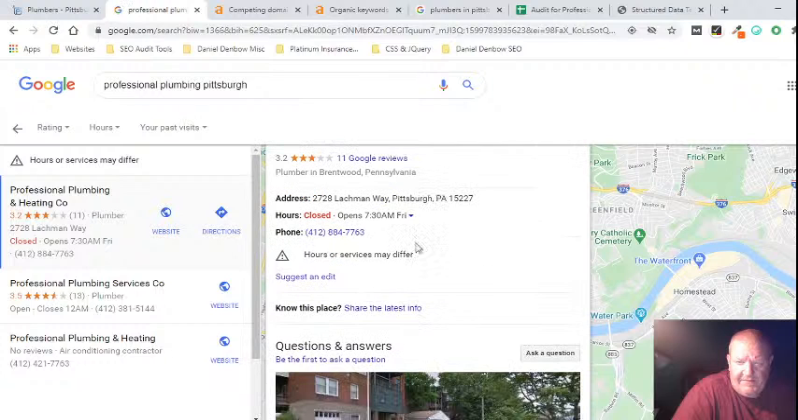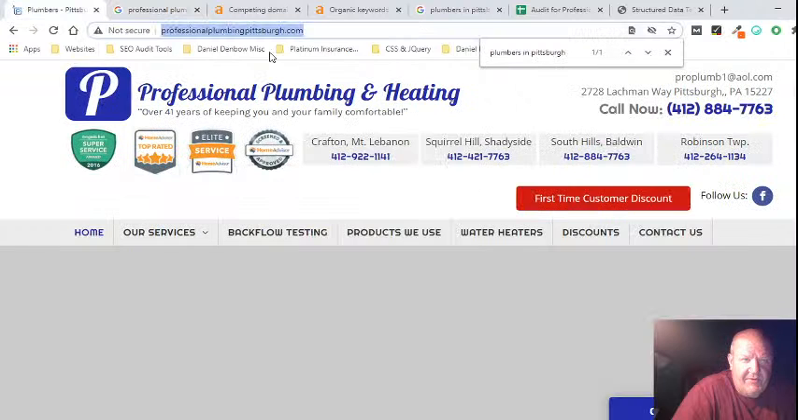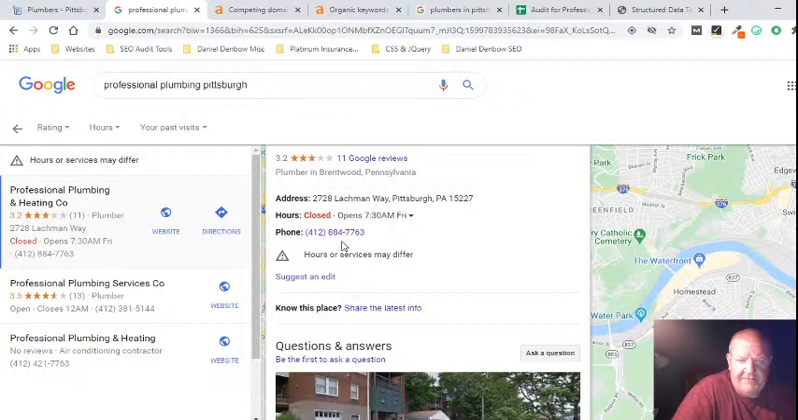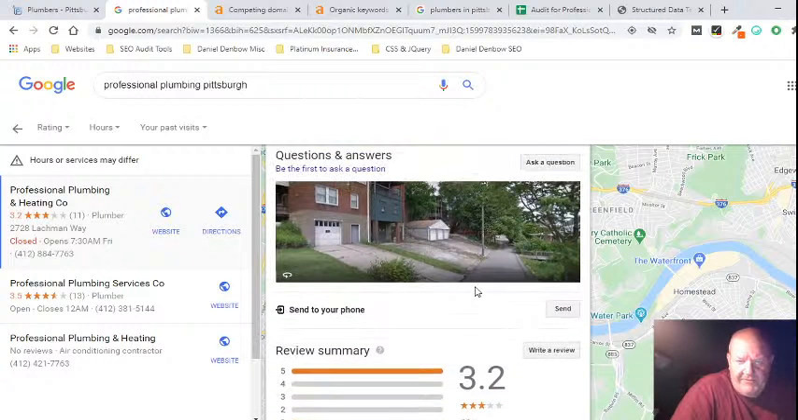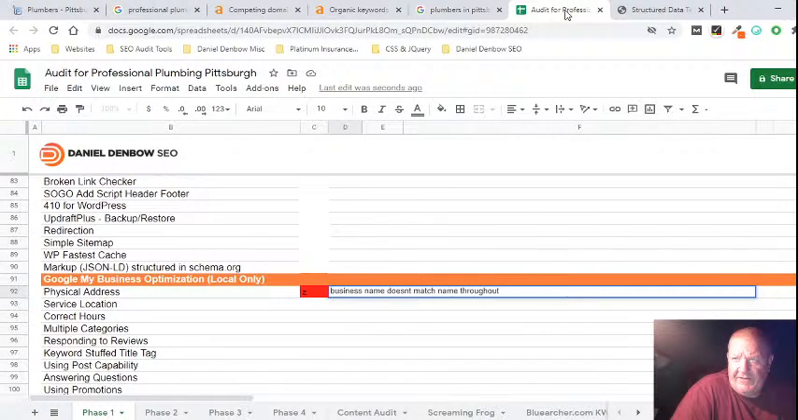And let's see, that way spelled out. And yeah, that way spelled out. Pittsburgh, okay, everything else is the same. So everything basically needs a match. You need, as you look here on the site audit,